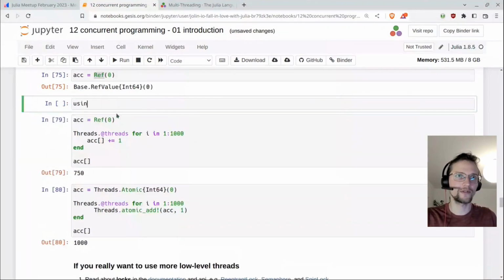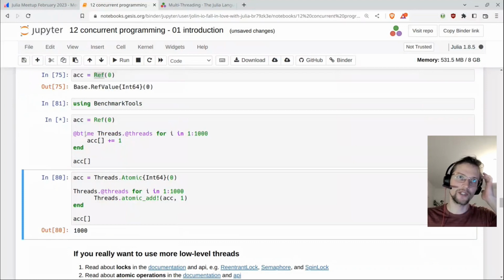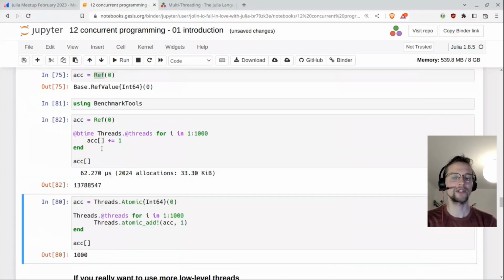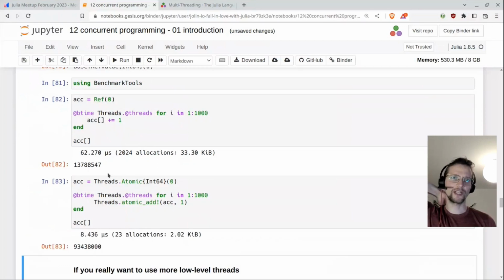So let's have some timing using the nice macro @btime, and it should print the timing. So benchmark timing is doing a couple of extra runs to also prevent the pre-compilation overhead. We see that here we have microseconds. So the atomic add is doing a kind of